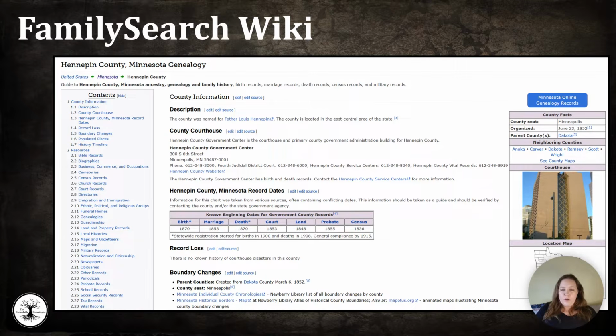where you would find records if they would be in Hennepin County or in a parent county prior to that. It's going to show you the neighboring counties. It's going to show you the known beginning dates for different types of records. It's going to show you if there's any record loss. That's especially helpful if you are dealing with United States Southern research, where there are a lot of courthouses that had significant record loss. And then on the left side, it's going to show you all of the different categories